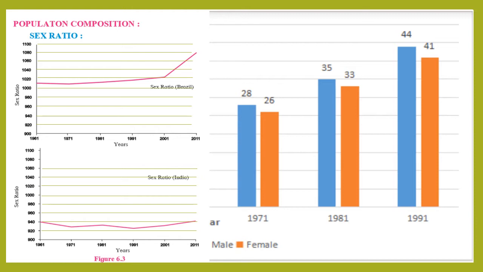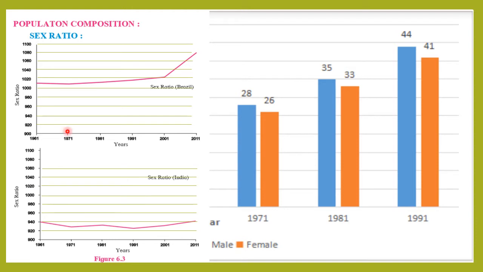So if we see, a question is asked to you from this graph. You have to read the graph properly. You should know how to read the graph. If it is asked, what is the population in 1971 of Brazil? So this is the y-axis and the horizontal line is the x-axis. On the y-axis we have the number of the female population, whereas on the x-axis we have years.